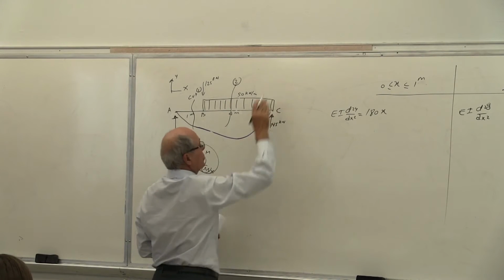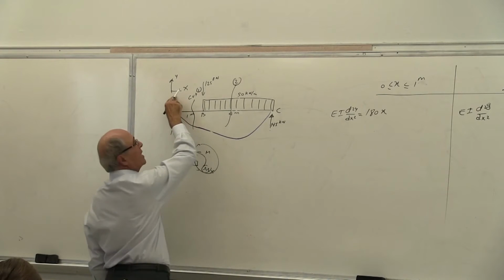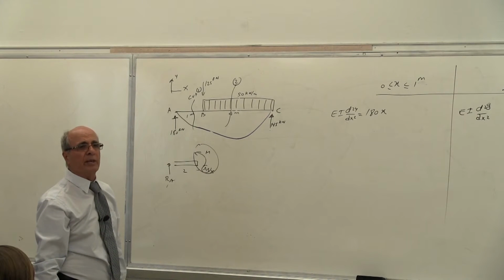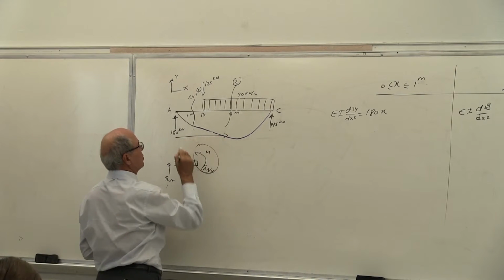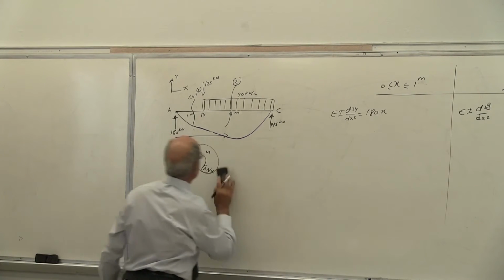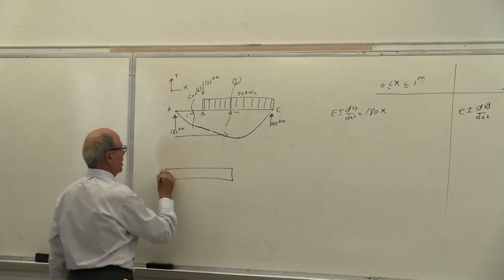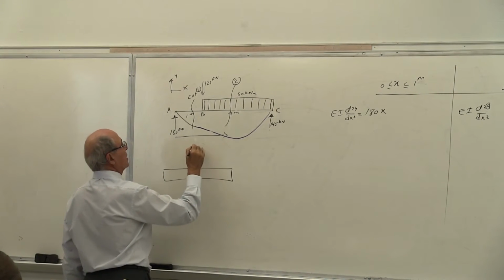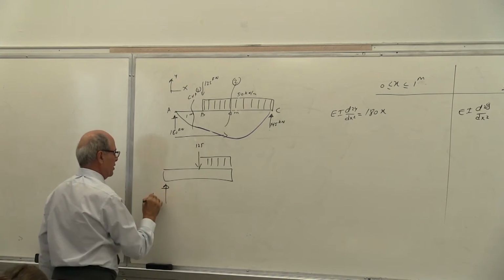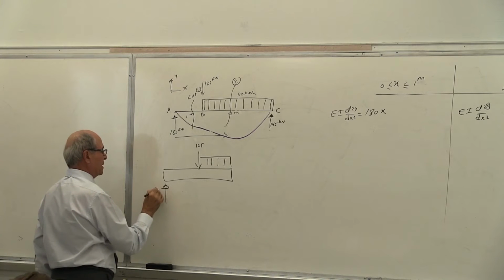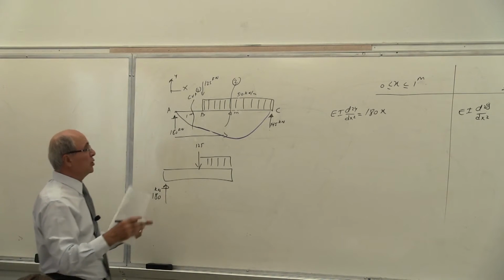I ask you not to do that, plus the fact that on the quiz I said use A as center of coordinate. Yes or no? If that's the center of coordinate, then this distance from here to here, let me draw the free body diagram. This was the free body diagram of part AB. Now the free body diagram of part BC is like that, guys. 125. This is the load. This is 180. Everybody is correct there.